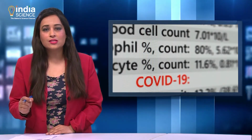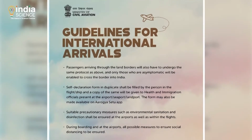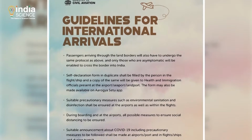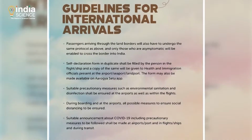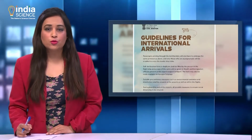Home quarantine for 7 days, retest on the 8th day of arrival in India, and if negative, further self-monitor their health for next 7 days. These guidelines for international arrivals supersede all guidelines issued on the subject on and after February 17, 2021, the Union Health Ministry said. The new document provides protocols to be complied with by international travellers as well as those to be